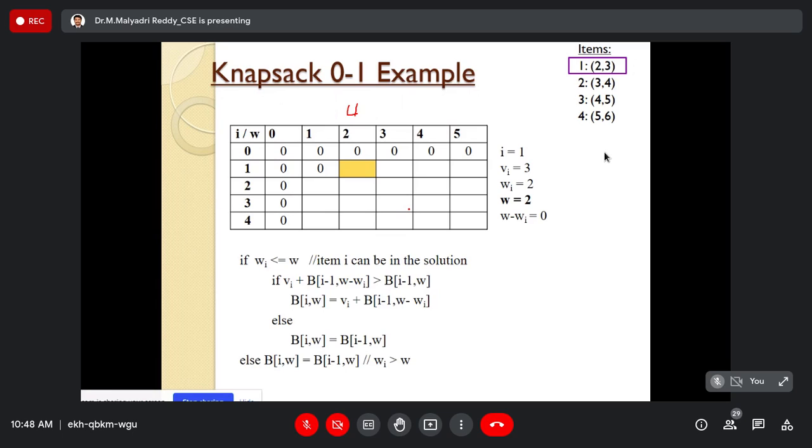So next, what will the profit be? 0, sir. What will the profit be? That means W minus W1 means that the first object is included into the bag. Yes sir. Whenever we include that object into the bag, the corresponding profit will be gained. If it is 1, then 1 sir profit. What is your profit? 1, sir. It is 3, right? It is 2, 3, right? Yes sir, this is the profit. Yes sir. 3. Why did it come from 0?